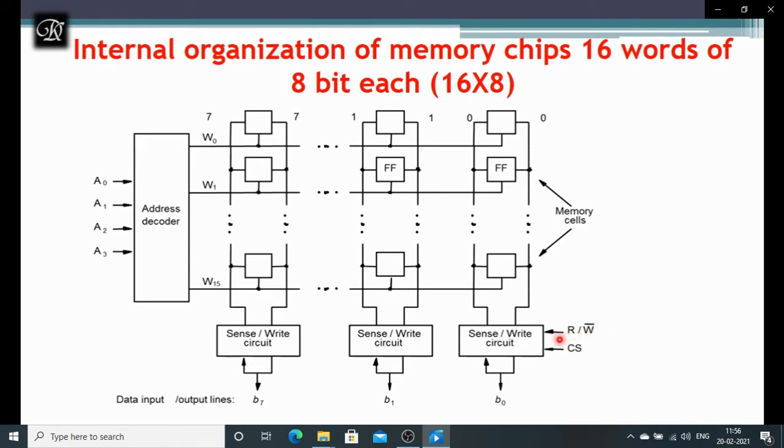So which is going to tell whether it's a read operation or write operation. As I said, read can also be called a sense, and write remains as write only. And CS stands for chip select. It's going to select a chip or a cell. Since I'm having 8 cells over here, which cell or which chip I have to choose to read the value is going to be given by the CS. This is a very simple architecture. We'll see the complicated architecture next.